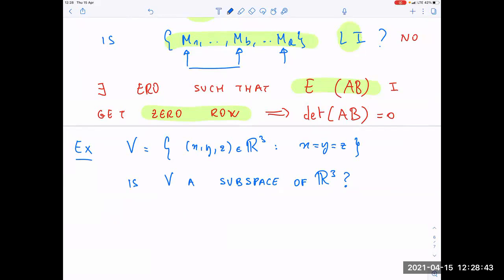So is V a subspace of R3 or is it not? Okay, so for example,